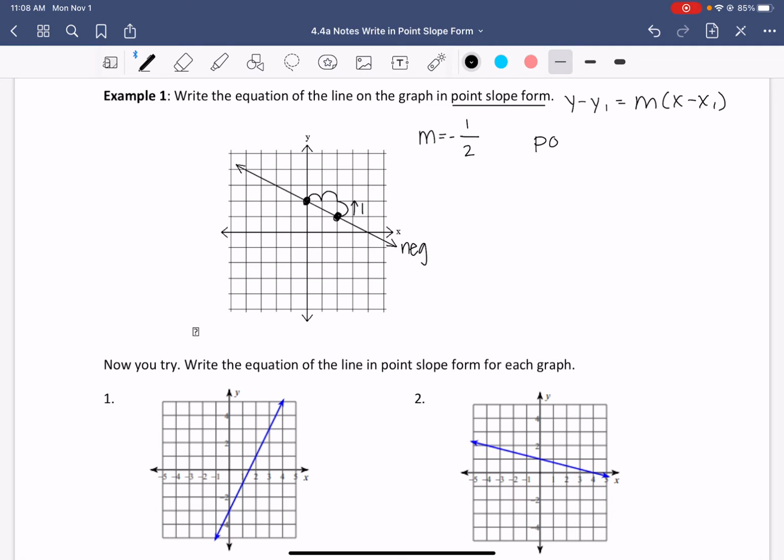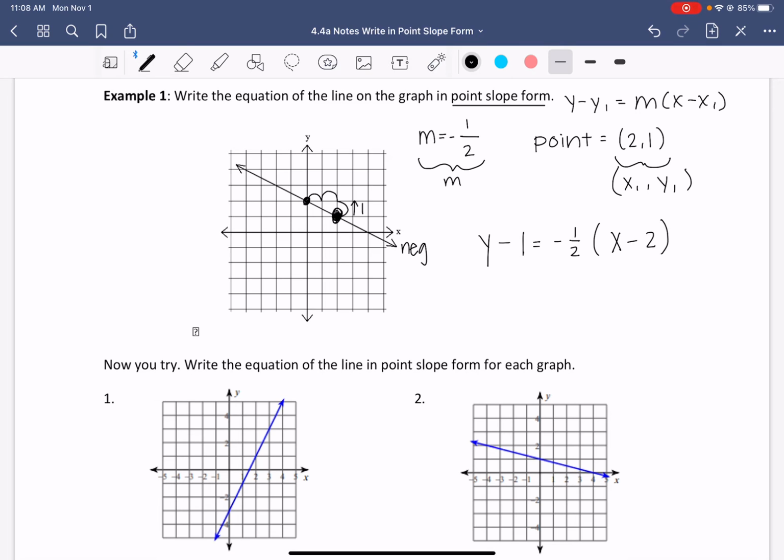Then I just need to use any point on that line. So I'm going to use 1, 2. So I'm going to use this point right here. And that's not even right. 2, 1. My apologies. Okay, we're going to use 2, 1. And now we just plug everything in we know. So we have m right here, and we have our x1 and our y1 here. So we have y minus our y1, which is 1, equals our slope, negative 1/2, times x minus our x1,